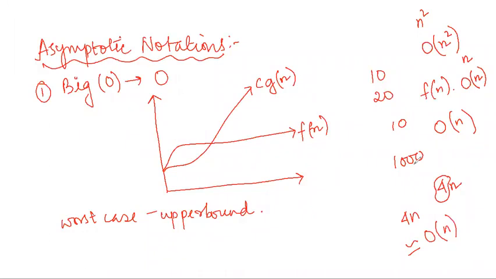When I am computing some algorithm, I will ignore any constant value and I will only be bothered about the values in terms of n, because n can take any value. So whatever I can express my order in terms of n, that will become the order of my algorithm or the complexity of my algorithm.